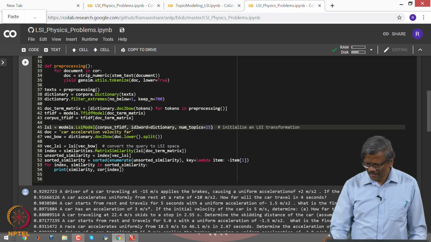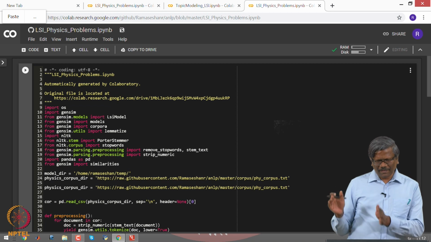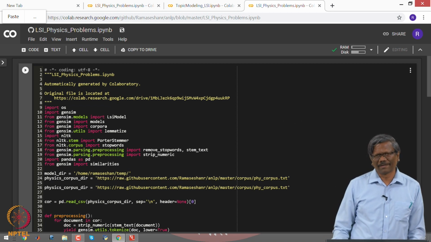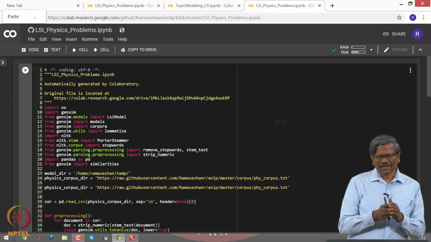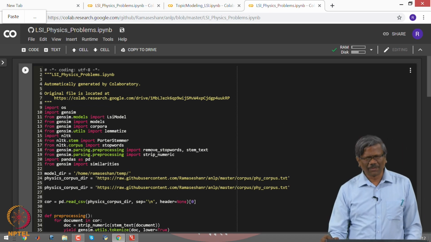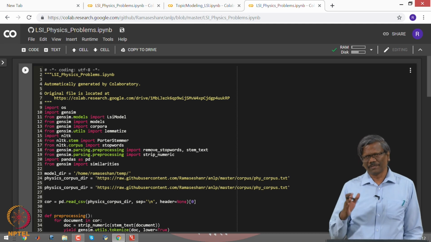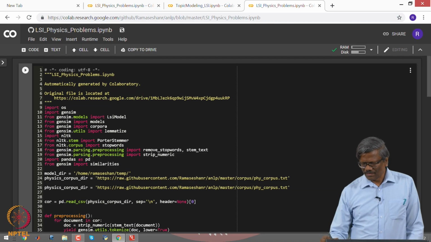So, this is one example that I have shown where we have a TF-IDF based term document matrix. We used LSI, and then in the reduced domain we try to find the similarities between the query and every document in the corpus.